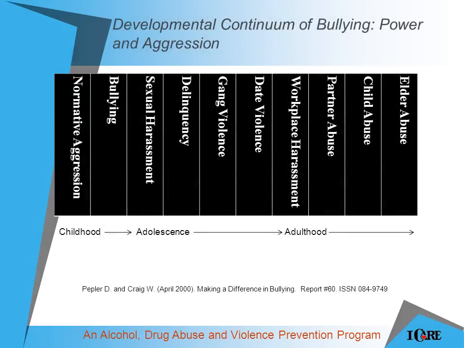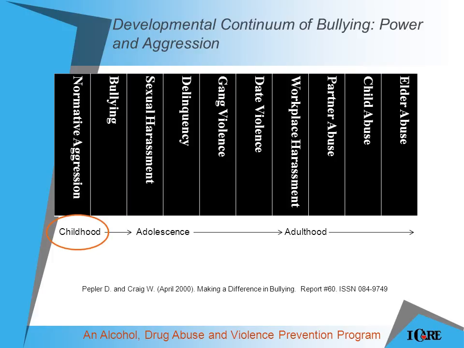The developmental continuum is used to support the 4 principles of the developmental perspective. It reveals that bullying begins as normative aggression for very young children. The theory is that children may see adults and other children model aggressive behavior. When this modeling is supported by a lack of correction or consequences, it becomes normal for the child.